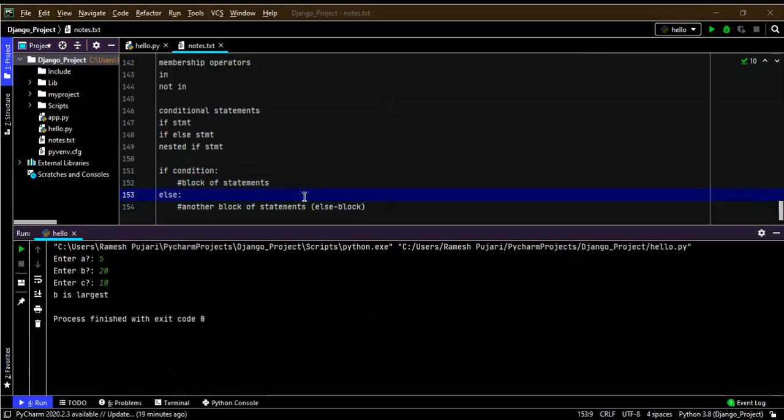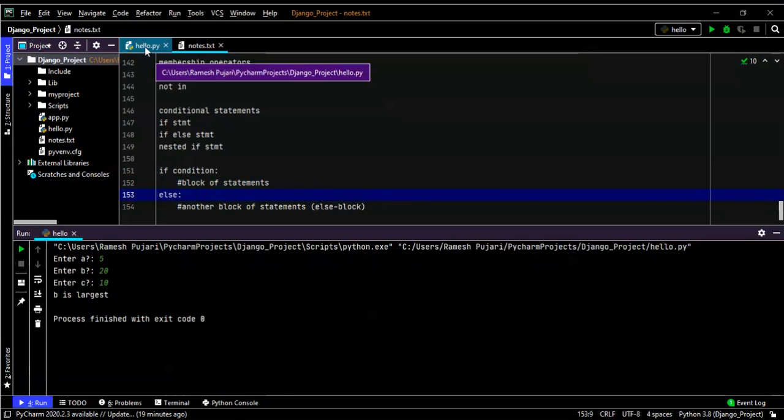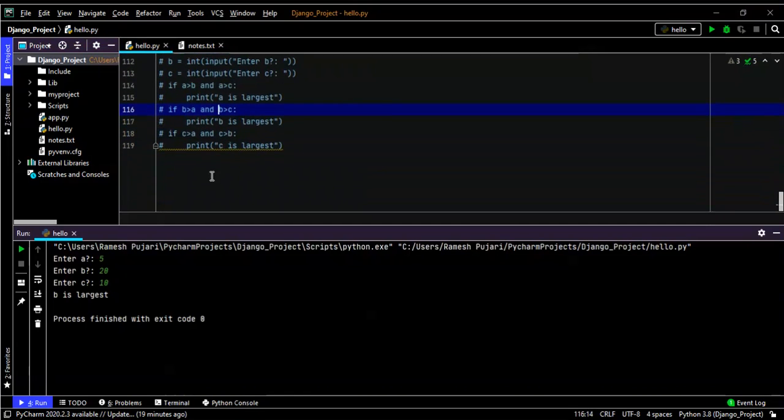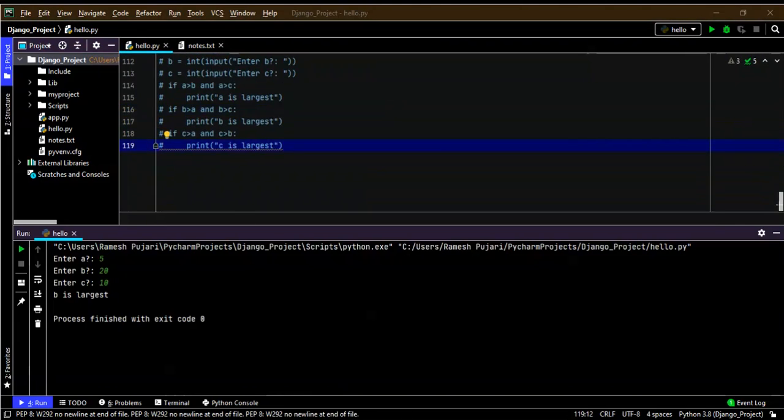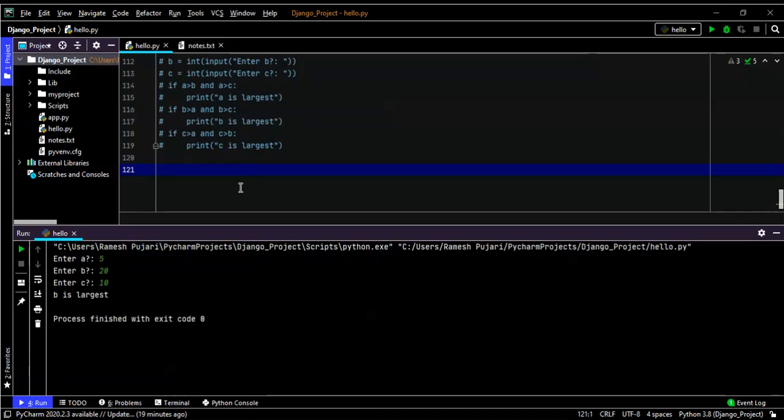Now I will give an example here. I will ask the user to enter the age: age is equal to int input, enter the age.